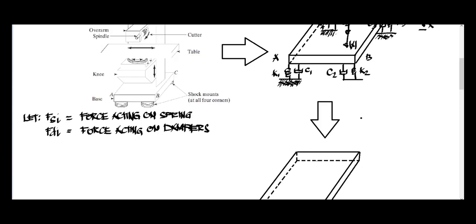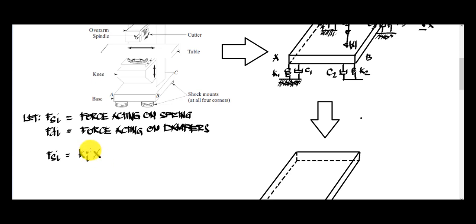Now letting FSi be the force acting on the spring, and FDi the force acting on the dampers, we can express our force on the spring as equal to the K of the spring, that will be the value of i, multiplied by the displacement,